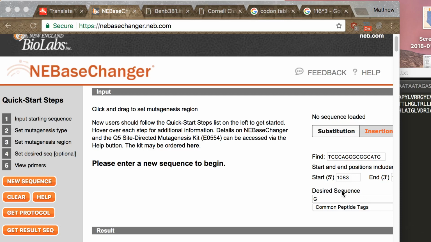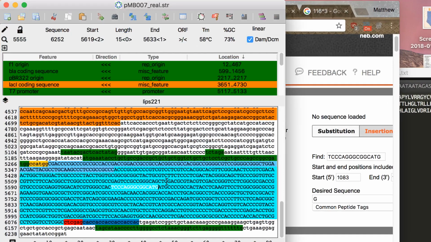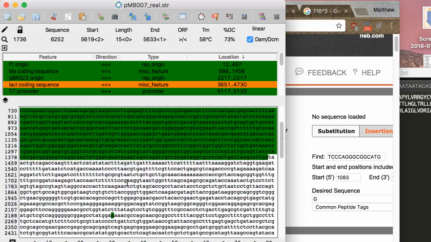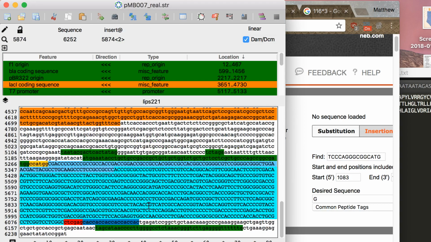So today we're going to use NEBaseChanger and design some mutations for our protein. I'm just going to show how to do this. So we have our plasmid map in APE, a plasmid editor, and this is the whole plasmid. This is our gene sequence here,